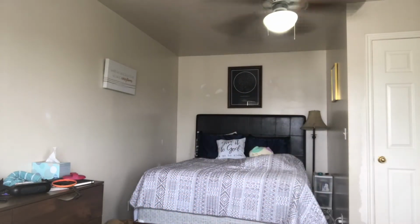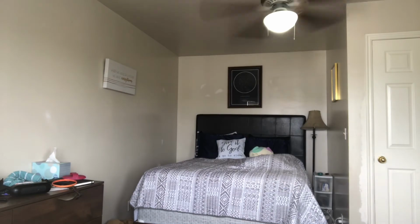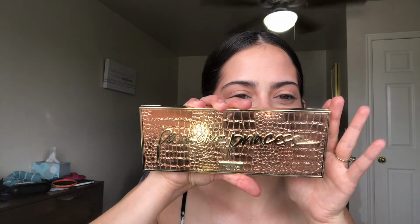I think I'm gonna go in with a touch of bronzer. I like to do that. It matches your skin tone really well and it's easy. I'm gonna go with a little bit of that just on more detailed areas, just to give my eye a little bit more structure. I have the Tarte Park Avenue Princess bronzer